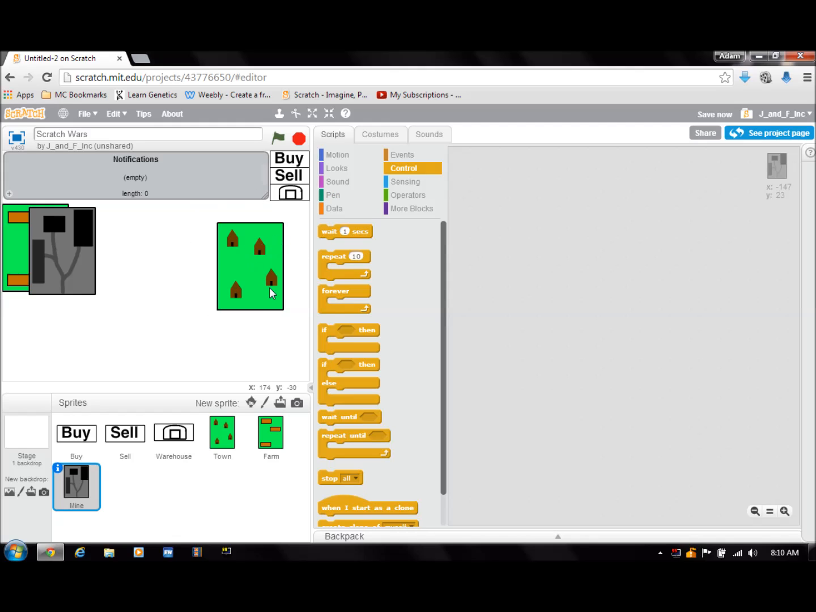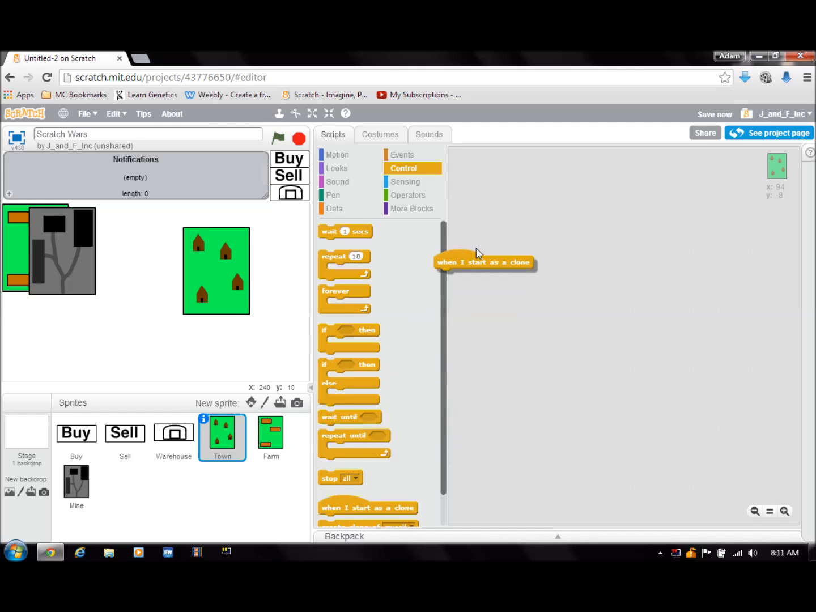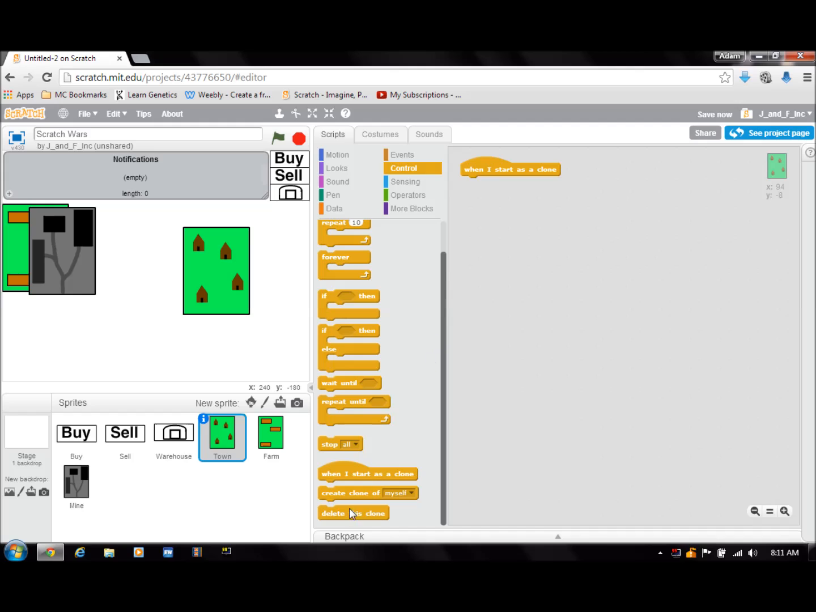Basically, I need there to be an infinite amount of all of these 3 different types of items. So I'm gonna start with the town. This is going to produce people for you to make soldiers out of, and construction workers or whatever. So I need it to be that when it starts as a clone, and I'm gonna have to test a little of this. Can clones change size? Now I don't know everything, so I'm just gonna say create a clone of myself. There's a clone there, and I'm gonna say when I start as a clone,